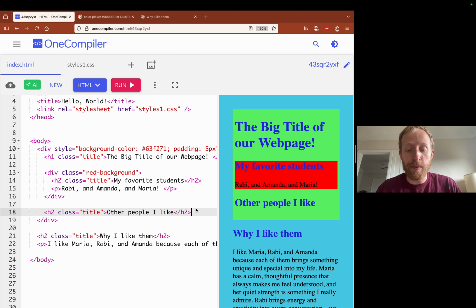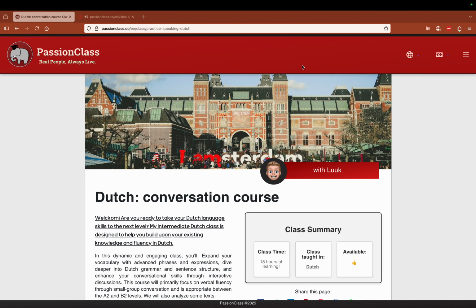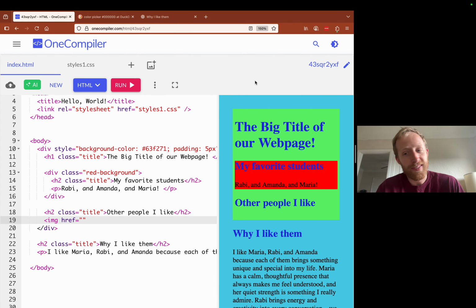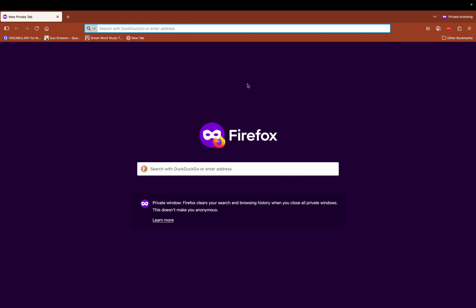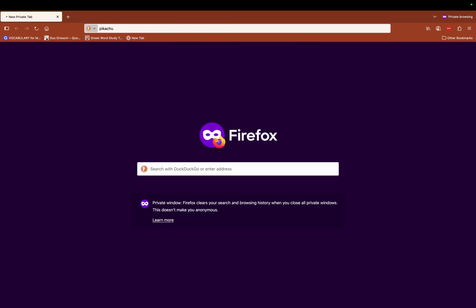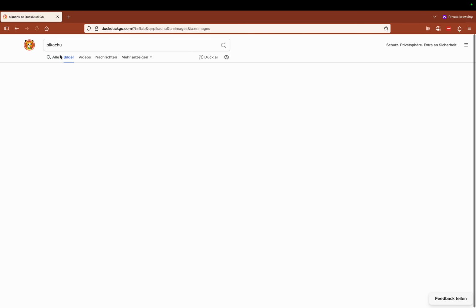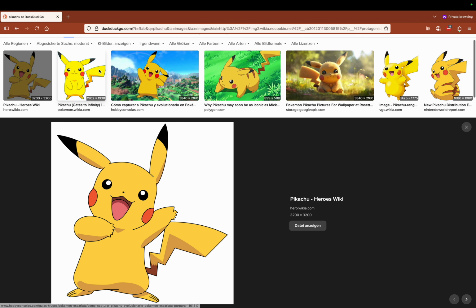So the last thing I want to show you really quick, Robbie, what is your favorite Pokemon? How do you know he likes Pokemon? Well, Amanda, what is your favorite Pokemon? He's not answering. Oh, I don't know. I don't know any of them. You don't know Pikachu? Is that one? Yeah. I was going to say, you gotta know Pikachu. That was just a lucky guess. I don't believe you don't know Pikachu.